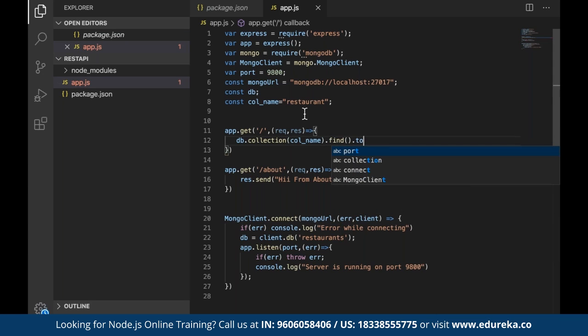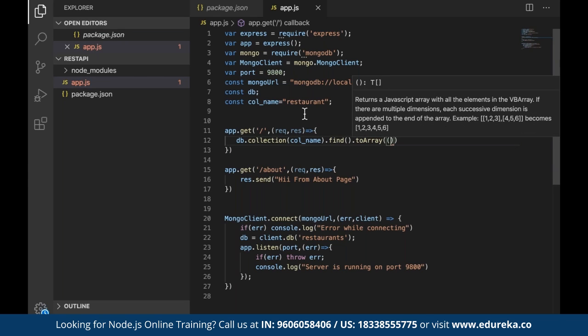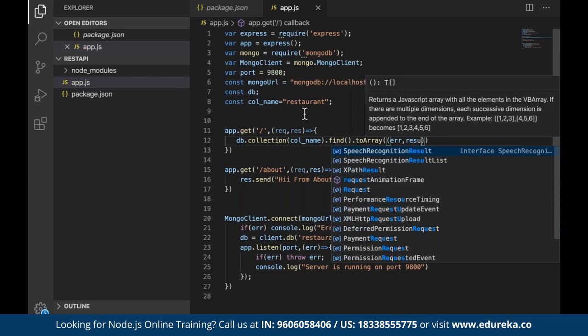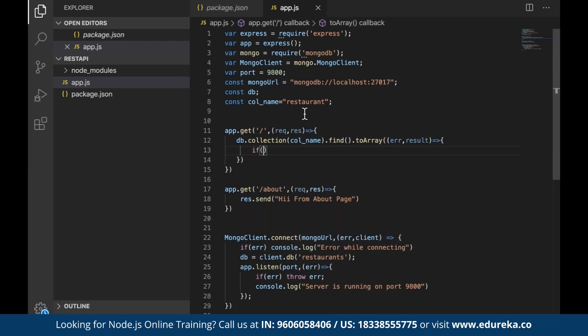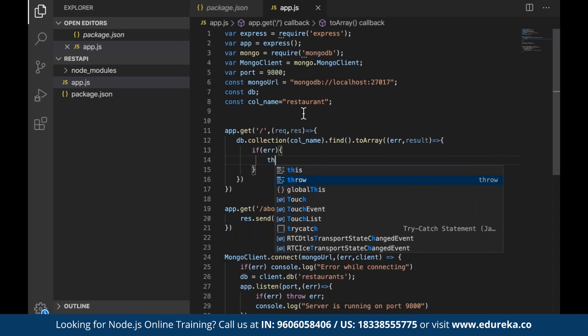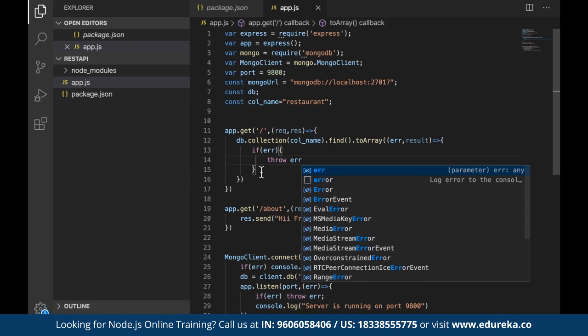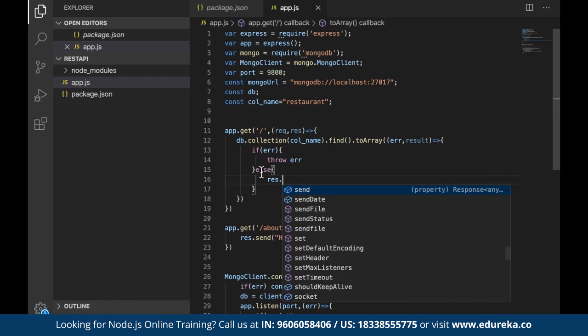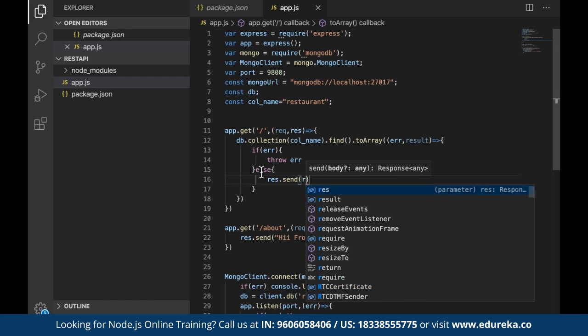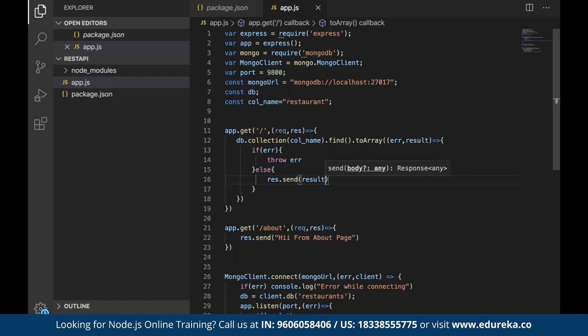The data you will get, guys, is an array. Now either you get the error, or you get the result, arrow. If you got an error, then simply write throw error, else we'll say response.send result. So guys, we connect with the database and we try to get the output.